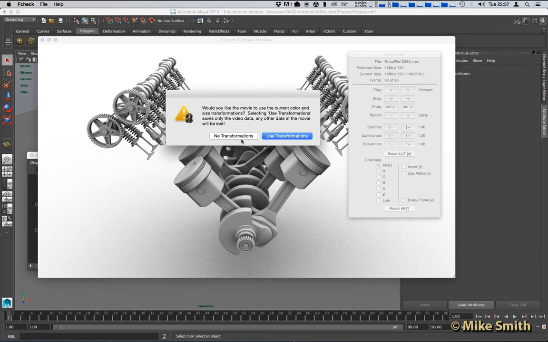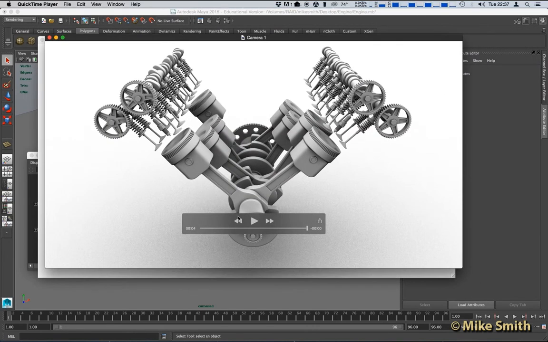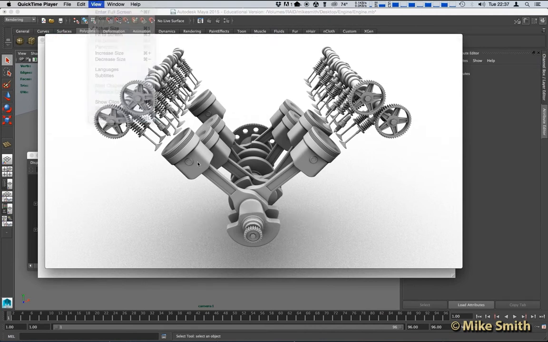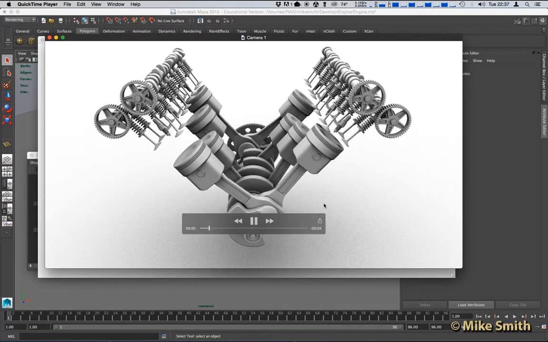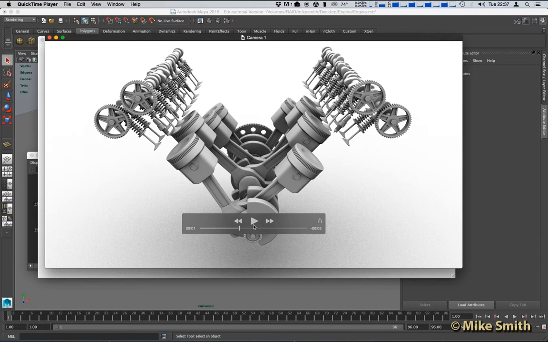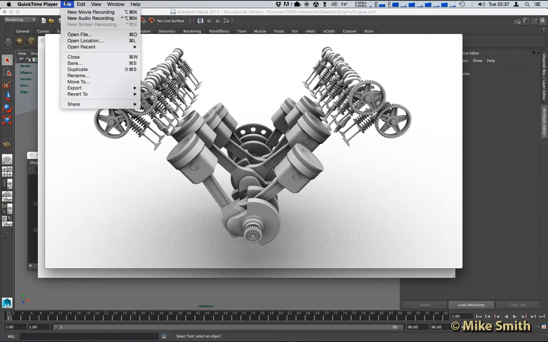Try it for yourself. Once you click on that though, or either one of these, it will take several seconds, maybe even a couple of minutes, depending on your machine, to actually save the movie file, and you might find the file is quite big, so you may have to compress it down afterwards. So once you've done that, you should get quite a nice clear video. If I go up to View and set this to Loop, it should play back nice and smooth, and at that stage, if you need to compress it in QuickTime, just go up to File, Export,